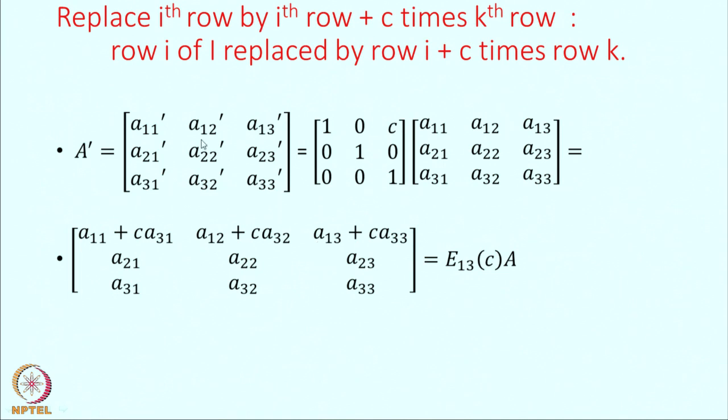What I have done by this is called an elementary matrix. There are 3 elementary matrices, and this is the most difficult one. I have shown you that if I multiply E13(C) on the left side of A, what I get is the first row of A changed to its original first row plus C times the third row, that is, E13(C) into A. So, this is how I can manipulate my original matrix and get my results of choice.